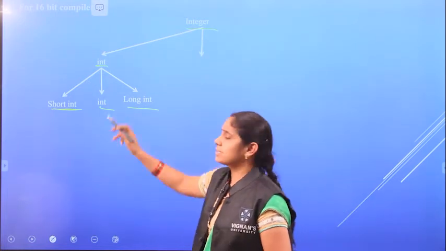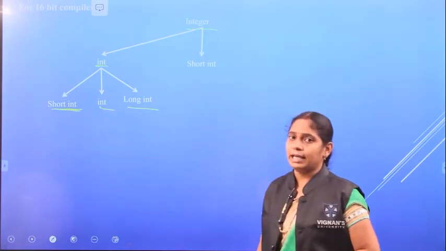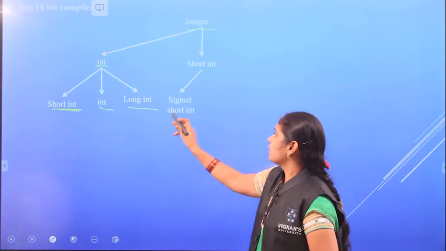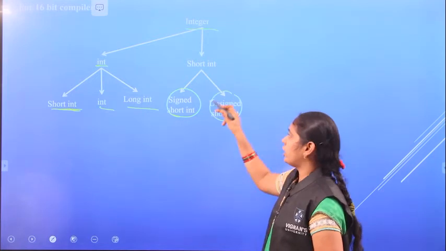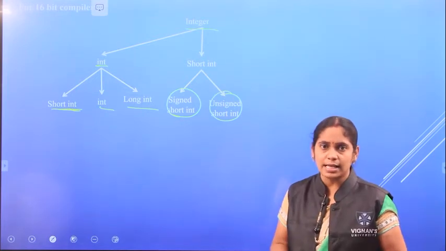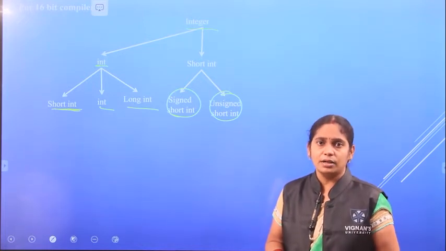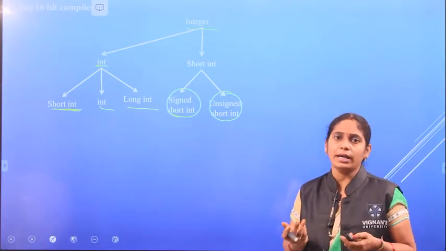Coming to the next, this short int again has two forms, that is signed short int and unsigned short int. What is this signed and unsigned? Integer is used to represent whole numbers, which can be both positive and negative.